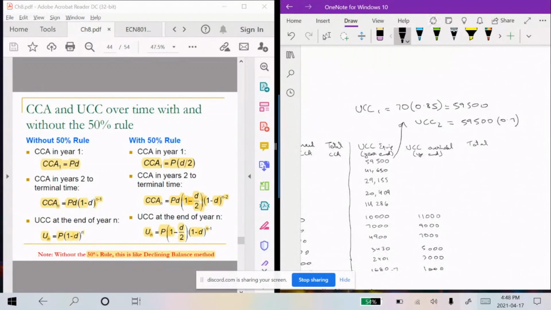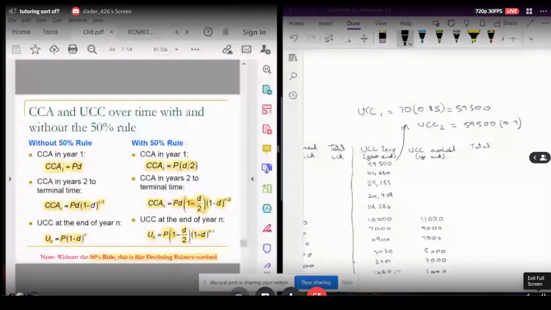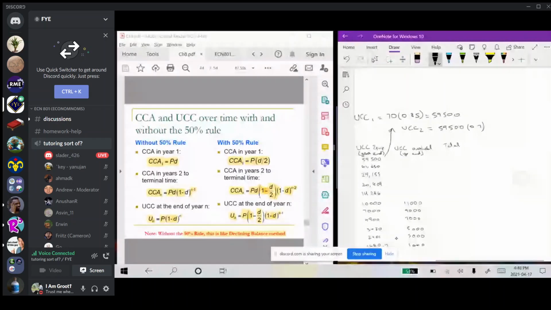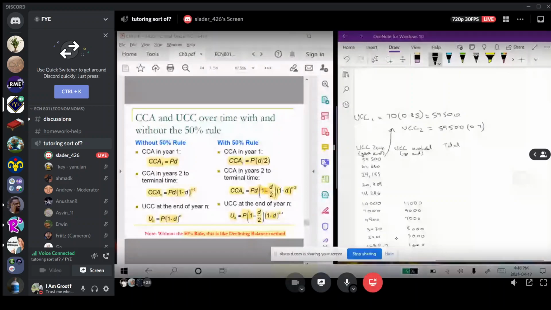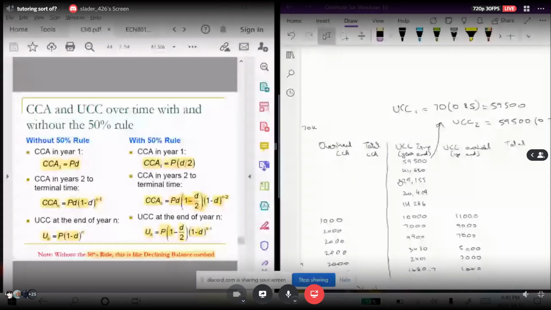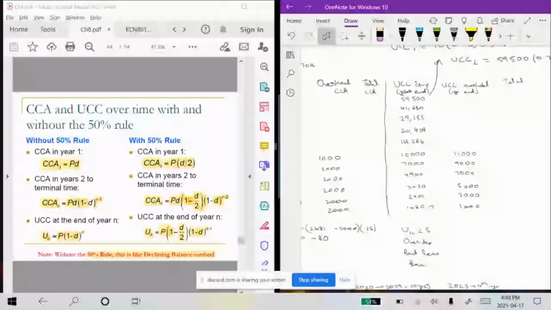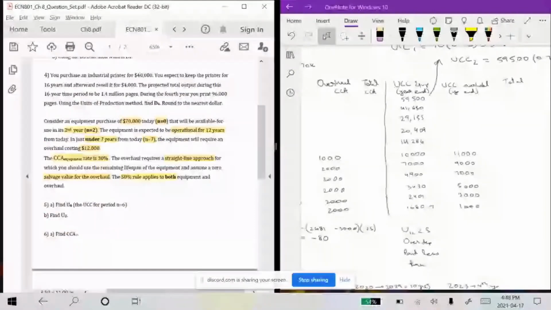So this way you get 59,500 into 0.7, 41,650. So you just keep multiplying by 0.7, or you can just use that formula to calculate the UCC in any of them. So for UCC6, suppose, it would just be,